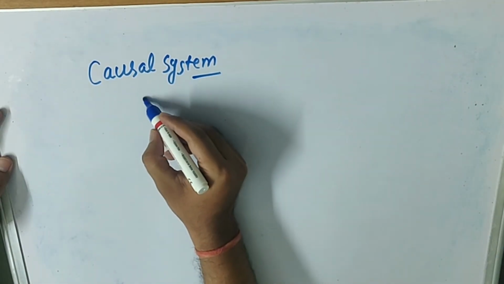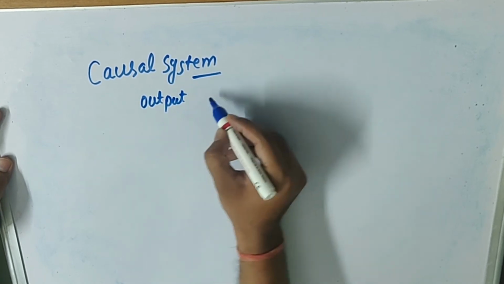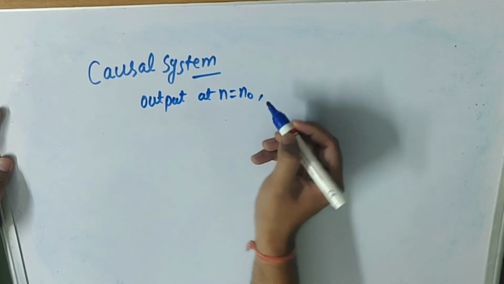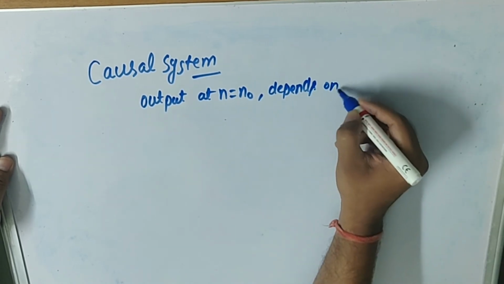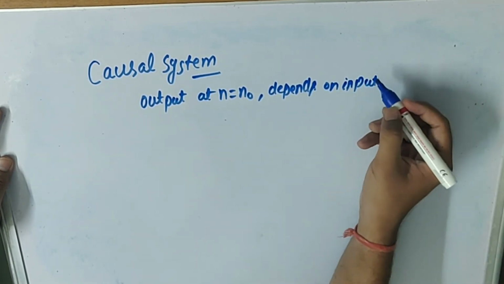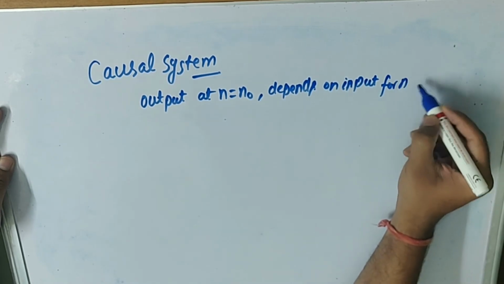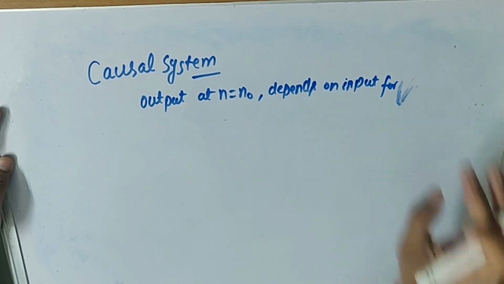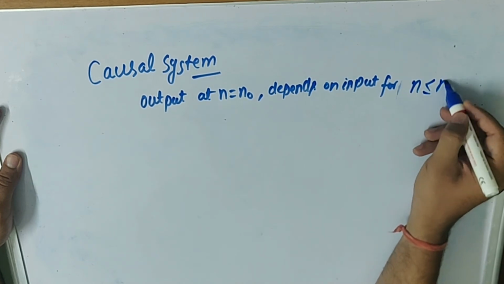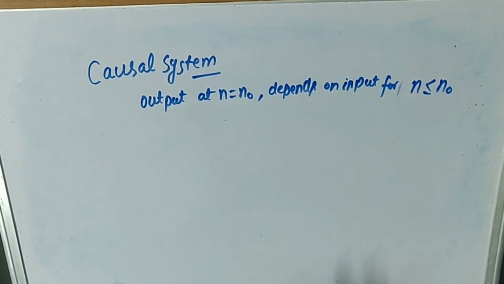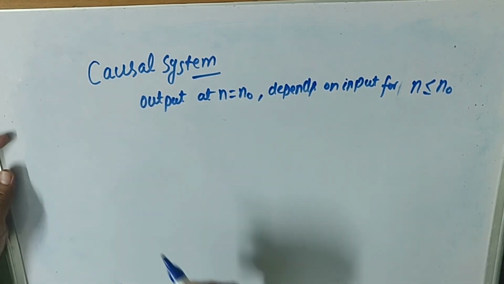Okay, so causal systems are the systems where the output at n equals n0 depends on the input for n less than or equal to n0, or in other words, the output does not depend on future inputs. Cool. An example,